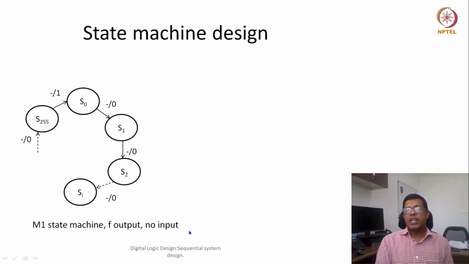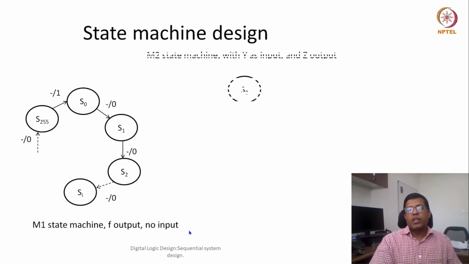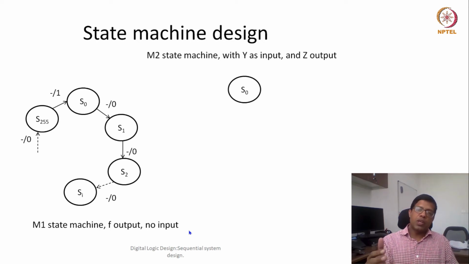Okay, now what about the second machine? The second one is going to take F as well as Y as input and Z as output. To make it simple, let's first ignore F, and take Y as input and Z as output. So it's a traditional state machine which is trying to identify the pattern 1101, which is overlapping in nature. By doing this, I am trying to segregate the effect of the M1 state machine on my M2 state machine.